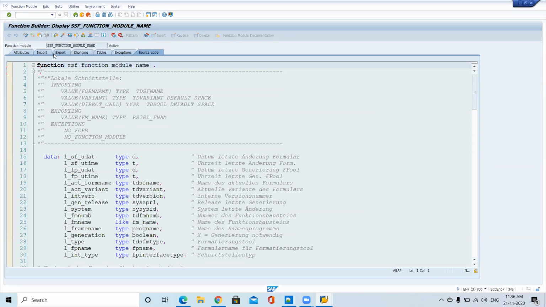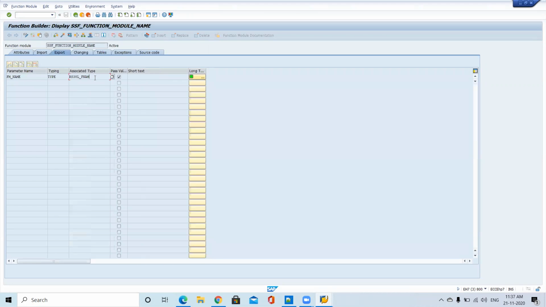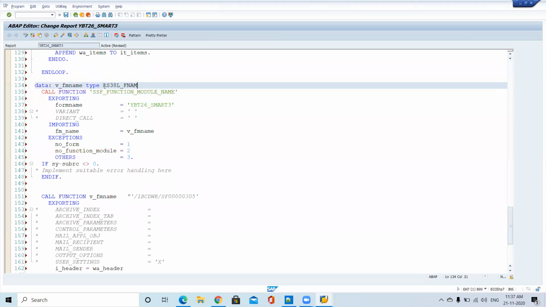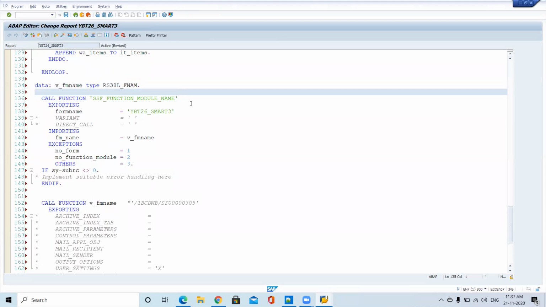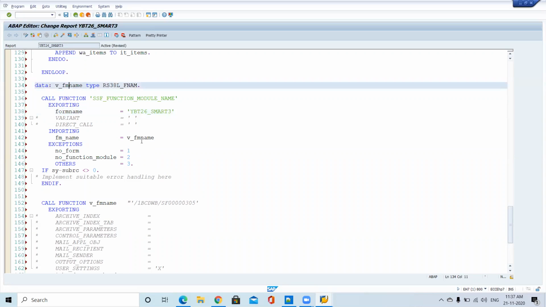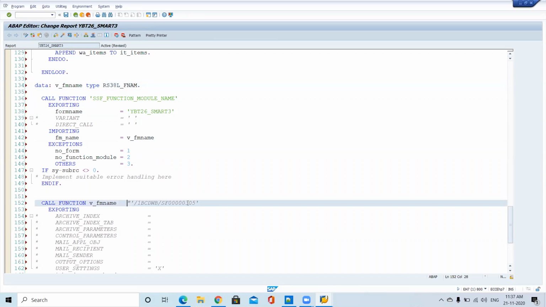Now, what is the function module name, returning parameter? So this is our function module name. We are passing our smart form name to this function module, and it is returning the relevant function module. So instead of hard coding this value, we are passing a variable name.